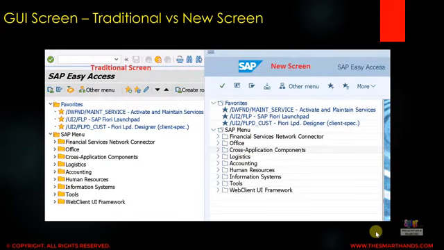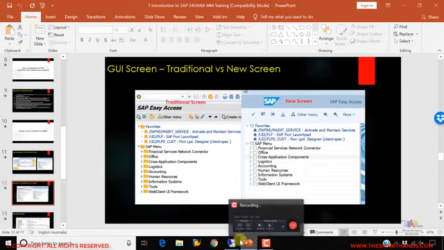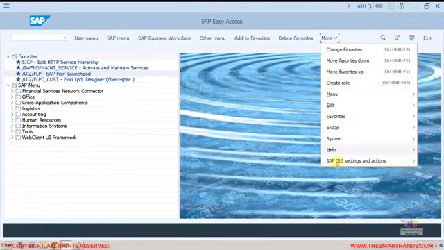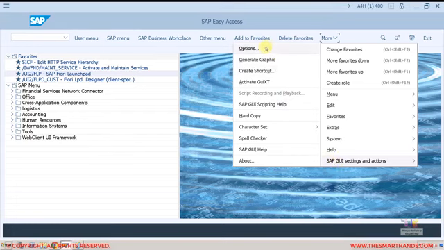Now, most of us, including me, may not like the new screen and still want to have a traditional screen for S4HANA. So the good news is that yes, you can have it. You can change the setting and you can have a screen similar to the old traditional screen. So let me show you this one. Here under setting, if you go to more and you go to SAP GUI setting and go to options,